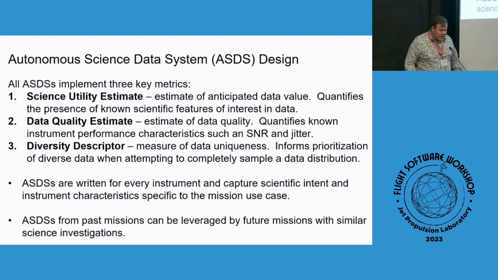concisely. And the last is a diversity descriptor. So, what key things are you checking for each time that you would then use to compare against your database of other observations and say whether this looks like data I've seen before and kind of fits into known categories or is potentially unique. And we track each of these 3 metrics for each of our ASDSs, put that through SYNOPSIS, and then SYNOPSIS basically gives a list back to the flight software of what data you should prioritize in